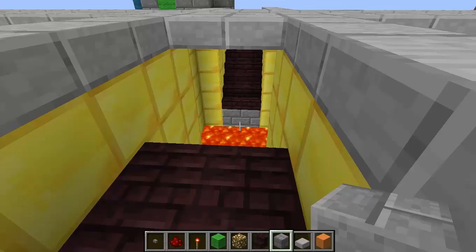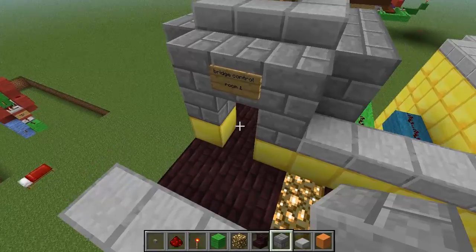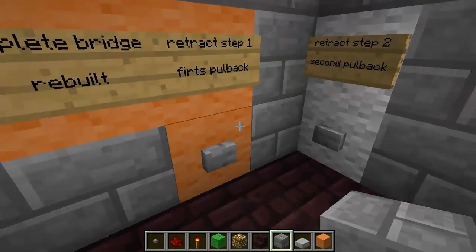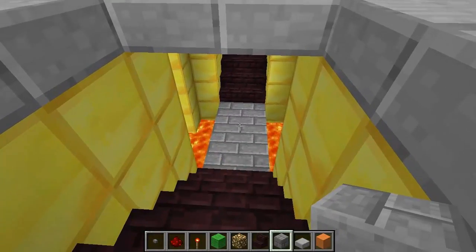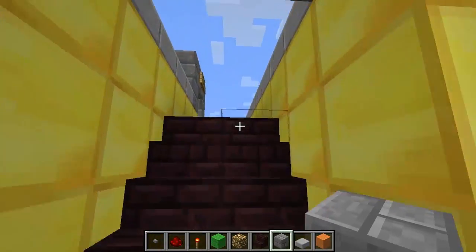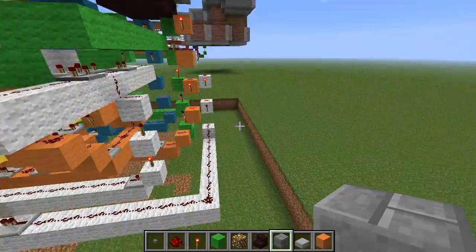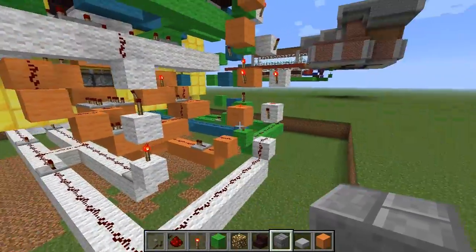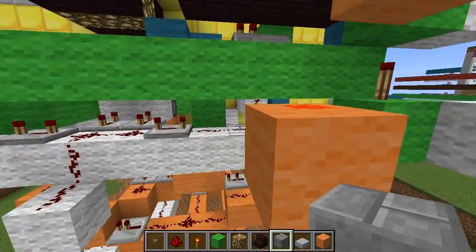I think it's possible to make this design with a longer bridge, but that's a bit complicated, and this is my first prototype, let's say. So, and the bridge is back. So I'll quickly show the wiring behind it. So that's all the wiring. As you can see, it's a bit complicated,